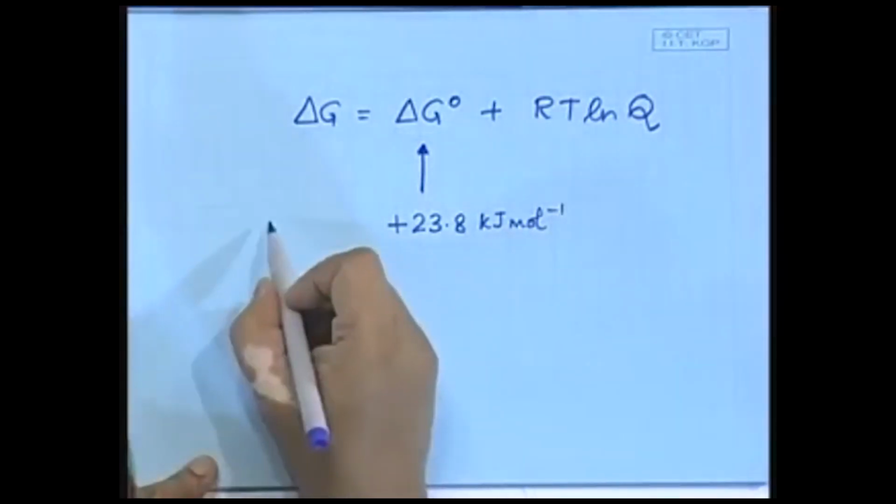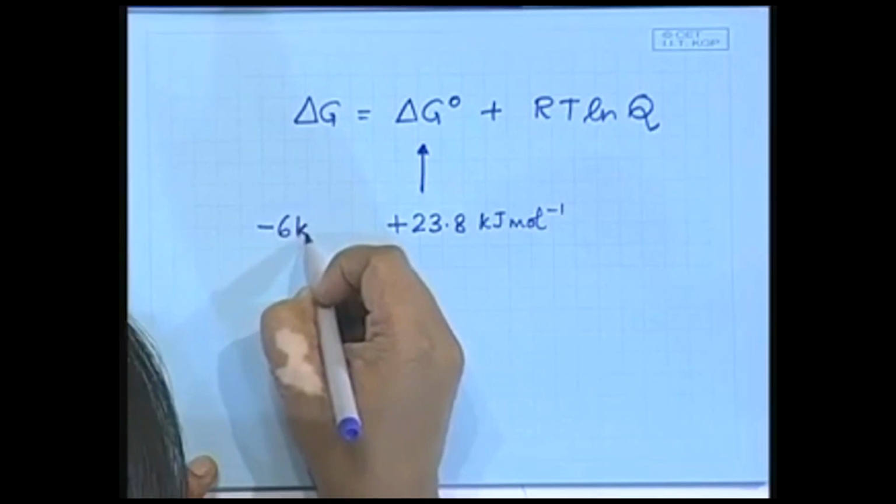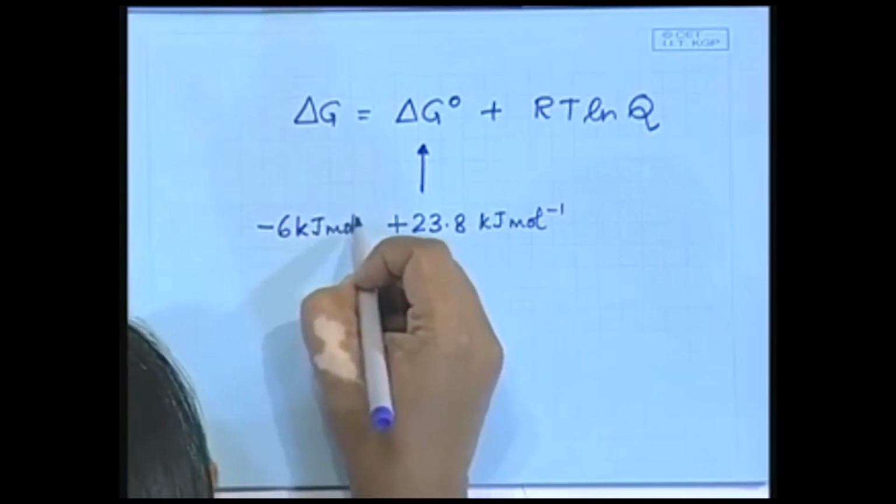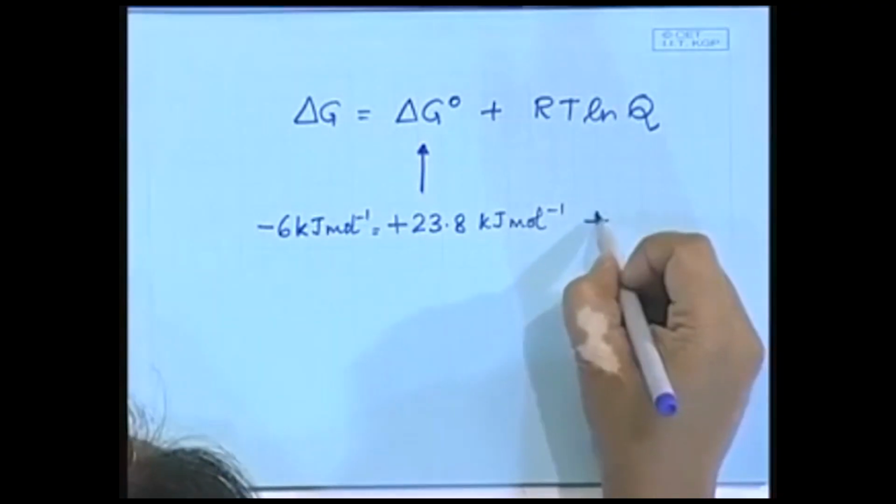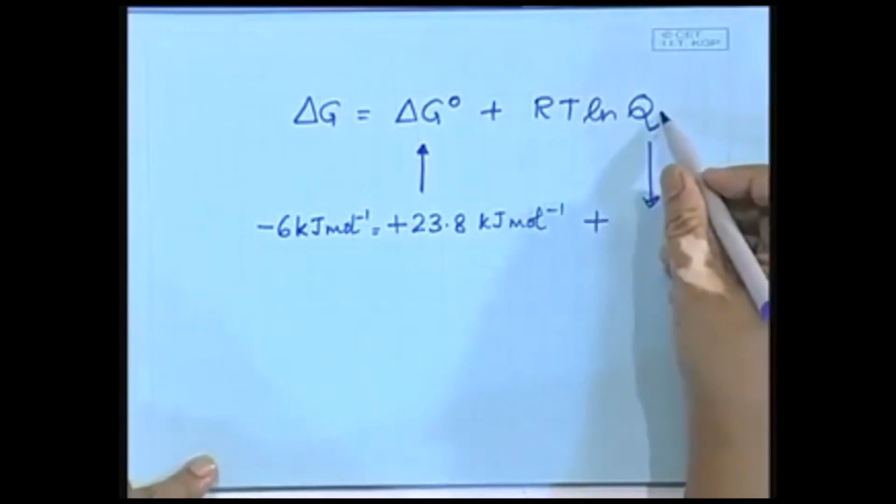This value is minus 6 kilojoules per mole. So where is the regulation coming from? It has to come from Q,